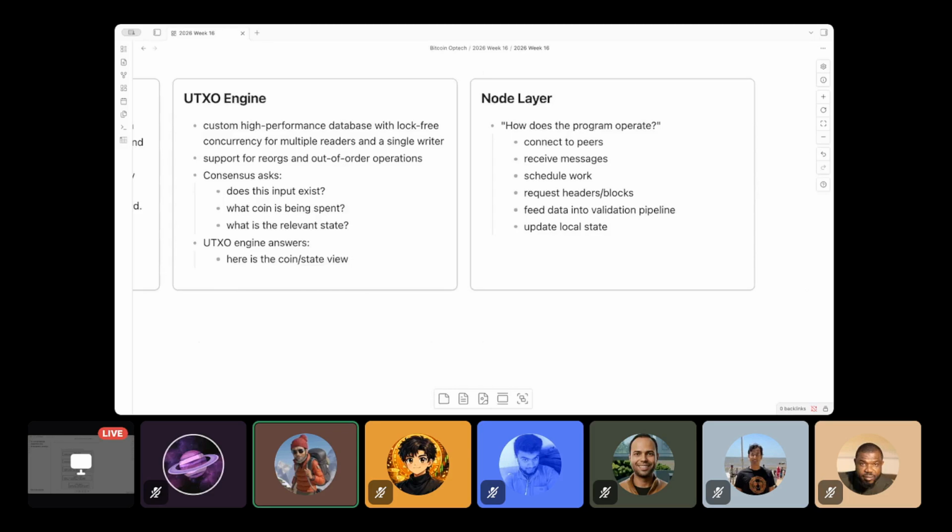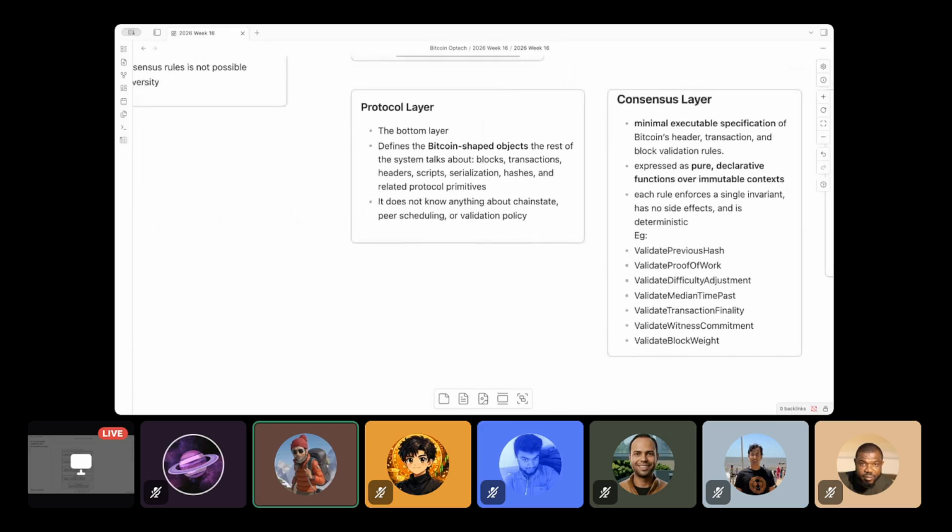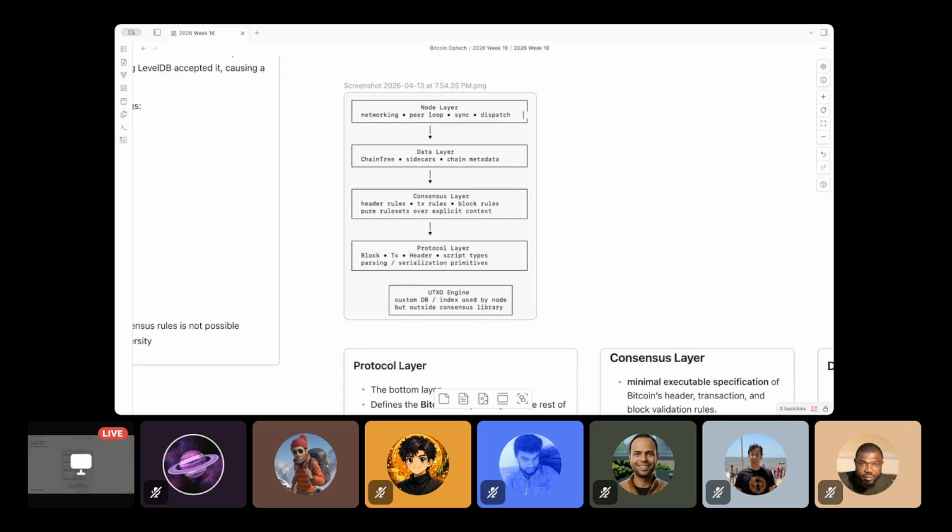It interacts with each of the layers below it, orchestrates the functions of each of the layers, and serves the Bitcoin network in a very coherent and well defined fashion. So that's about the architecture of Hornet.